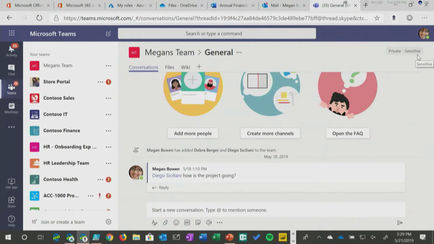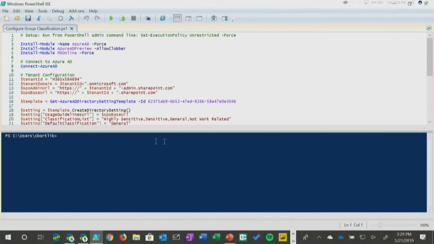So today, the way you define the sensitivity labels or the classification labels for groups is via PowerShell. Everyone was in the keynote this morning. I think Navjot did the demo this morning around how pretty soon we're going to have the ability in the Security Compliance Center to apply Microsoft Information Protection labels, not just to documents, but also to SharePoint groups and SharePoint sites that are built on top of groups as well. So I'll give you the PowerShell script that I used to provision it. But basically, I just went ahead and said, for my tenant,